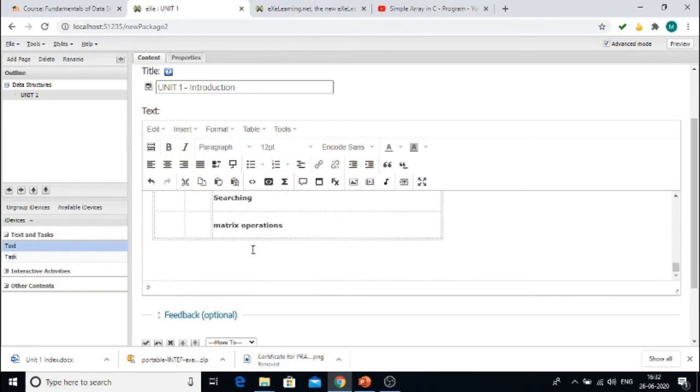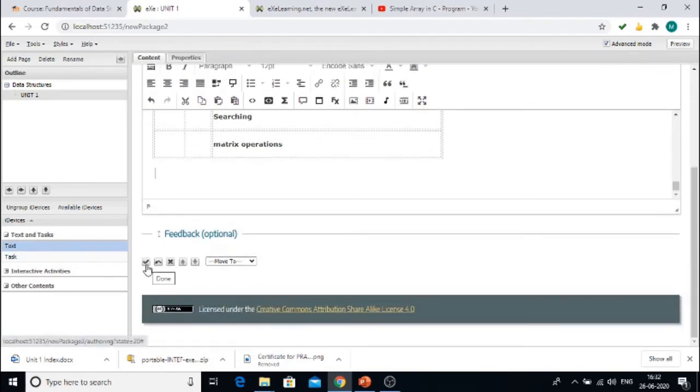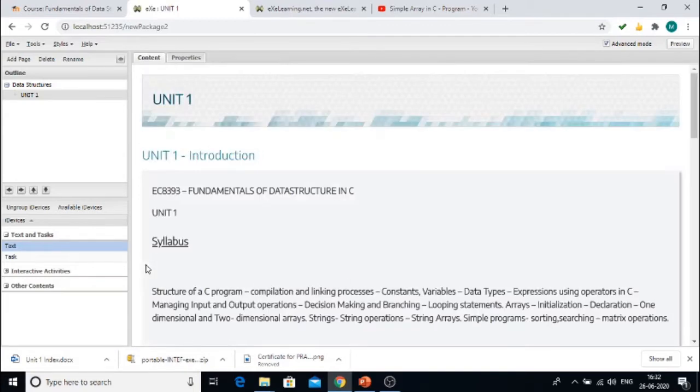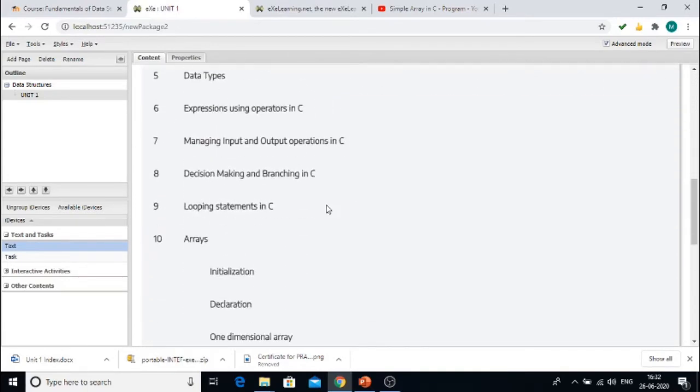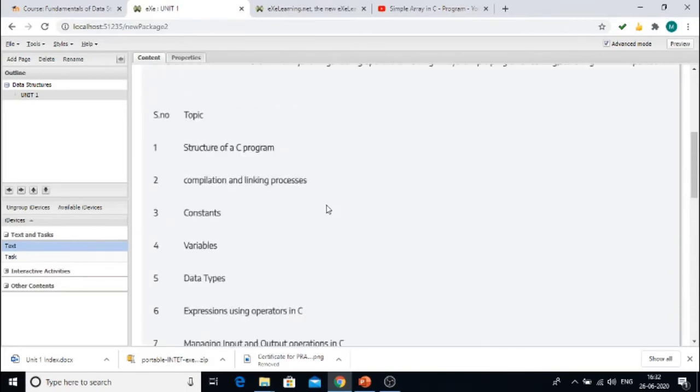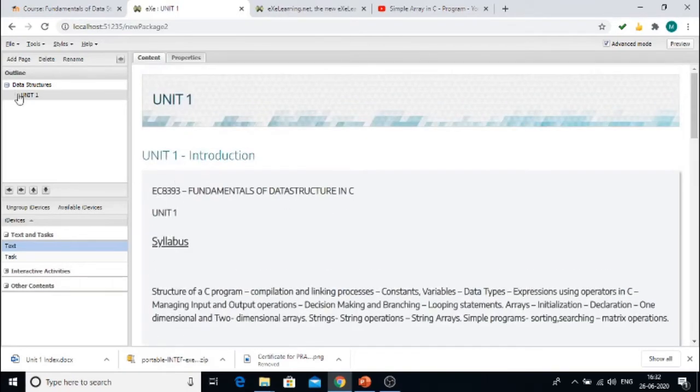Fine. So after copying the content for unit 1 introduction, now you have to save. To save, use the tick button, which is used to save your work. Click this button. So under the unit 1 topic, you have created the content for unit 1. Now when you want to create a subtopic under unit 1, you have to go to unit 1 on the left hand side and click add pages.